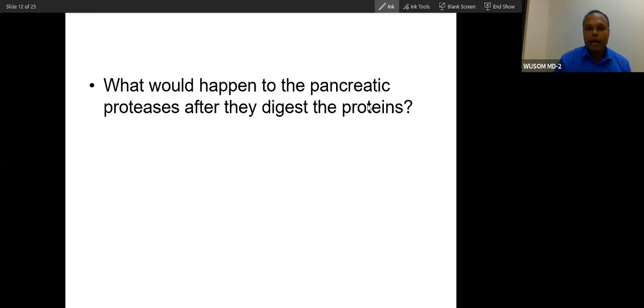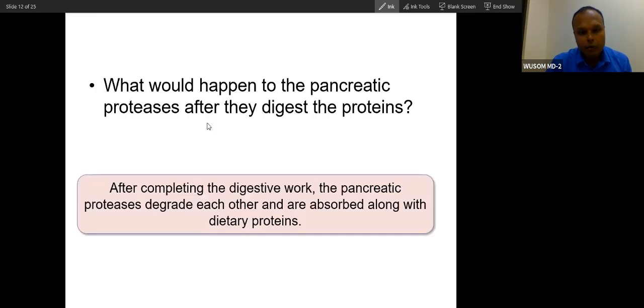What would happen to pancreatic proteases after they digest all the protein? So what will happen? These pancreatic proteases will all digest themselves, because the remainder of pancreatic proteases will be dangerous for your intestine. So they will digest themselves and again will be absorbed in the form